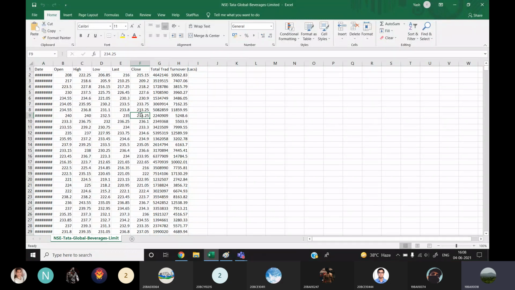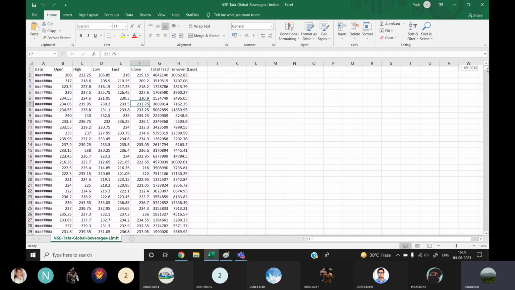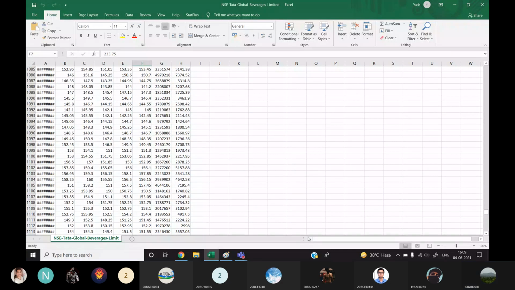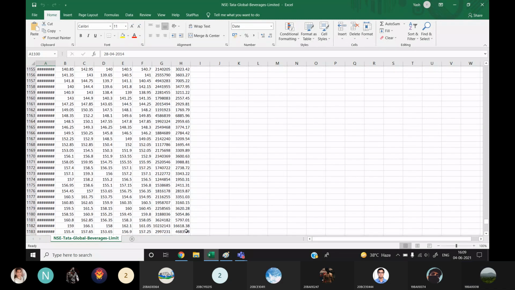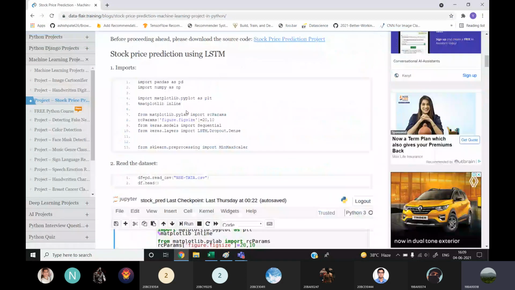So basically, we will only be using these two columns for the stock price predictor. We will use the first to the 1100th row for training and the rest for testing, which I will show you later from a diagram also. I will be showing you the code from the site itself.